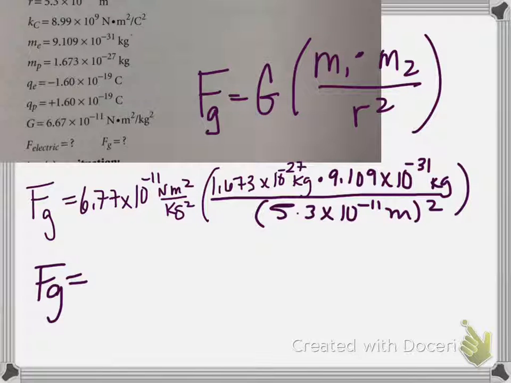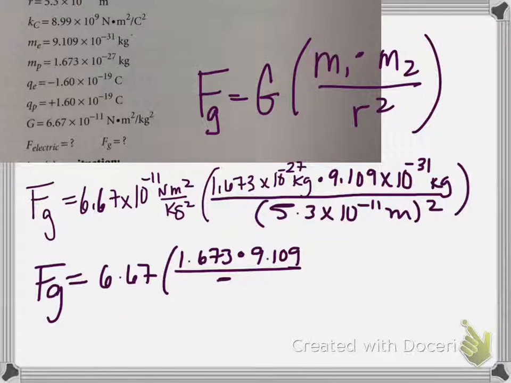Oh, 6.67. Thank you. Yep, there it is. 6.67 times 10 to the negative 11th. Okay, so 6.67 times 1.673 times 9.109 divided by 5.3 squared. The whole bloody mess times 10 to the negative 11th